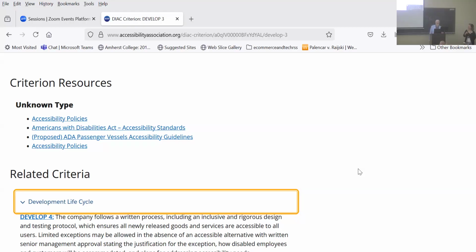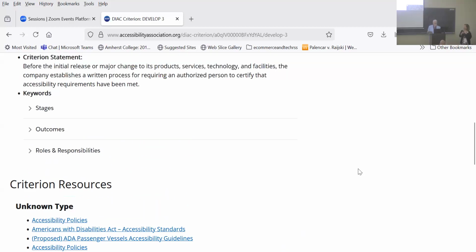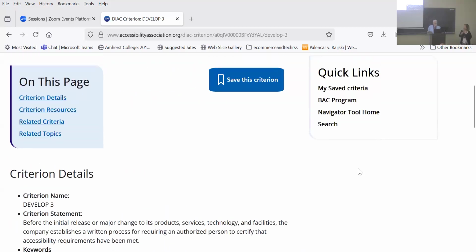And I think that in addition to that, now we can tap into resources that can help you identify how that is done, right? So you now also, I don't know if they should be loaded by now. They are, but with the interesting heading that says unknown type. Interesting, okay. So I don't know what that means. Let's try a different criterion.